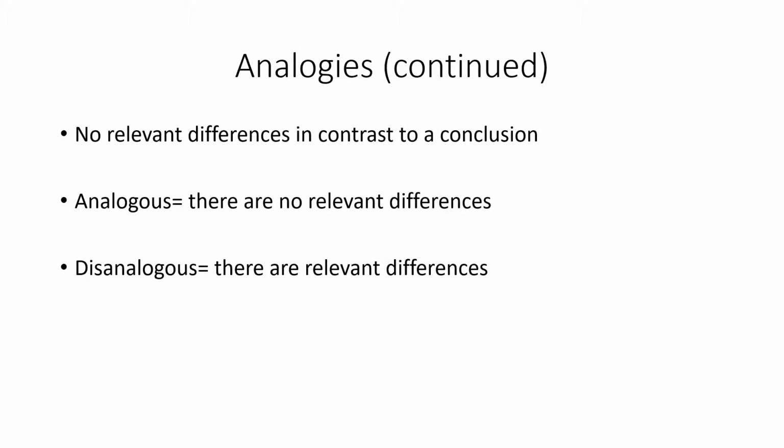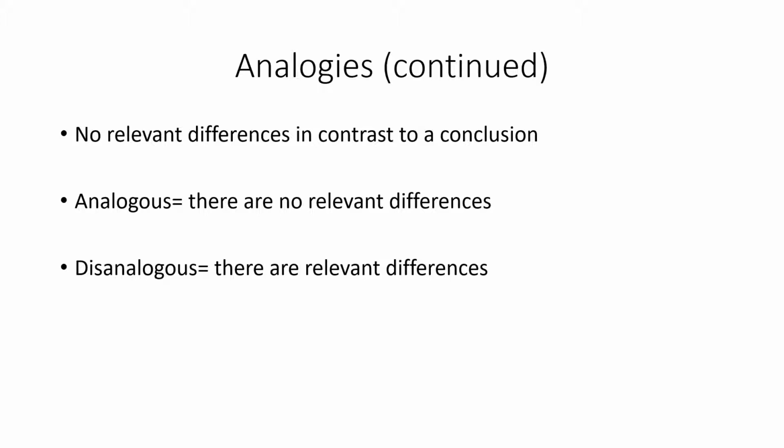So when we do make arguments from analogy, there's a preconceived assumption that we're not saying that the two things are exactly the same in every way. That'd be like saying cheating on your taxes is just like cheating on your taxes, and that's not how we use analogies. We take it for granted that there are going to be some differences between the two.